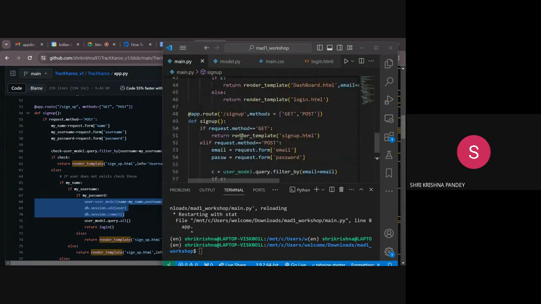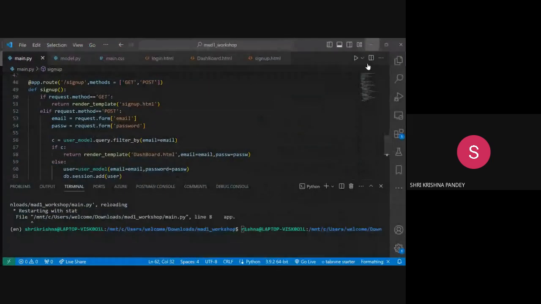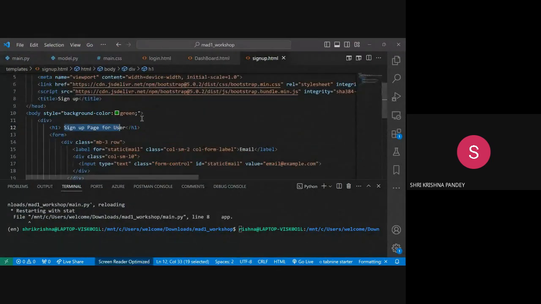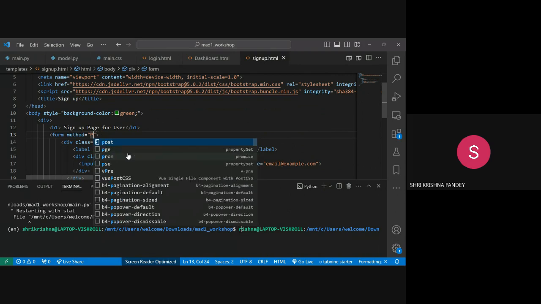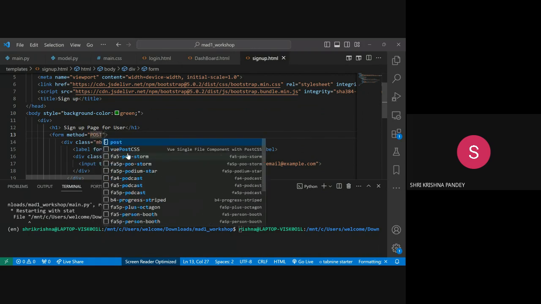Also, we have not changed anything in the sign up HTML page. So the form would take method equal to, sorry, post,